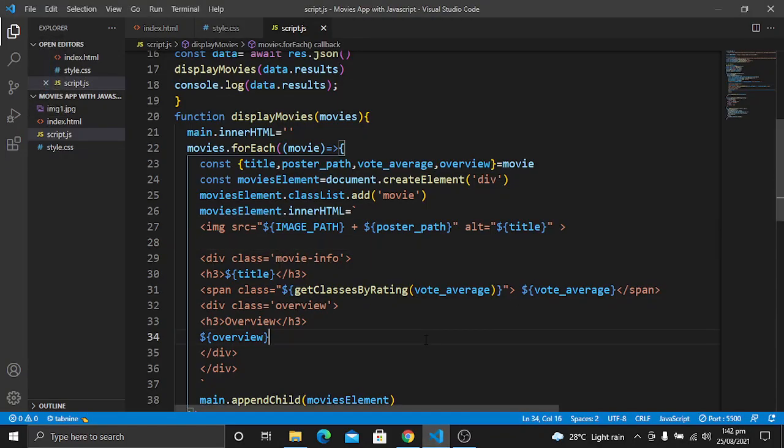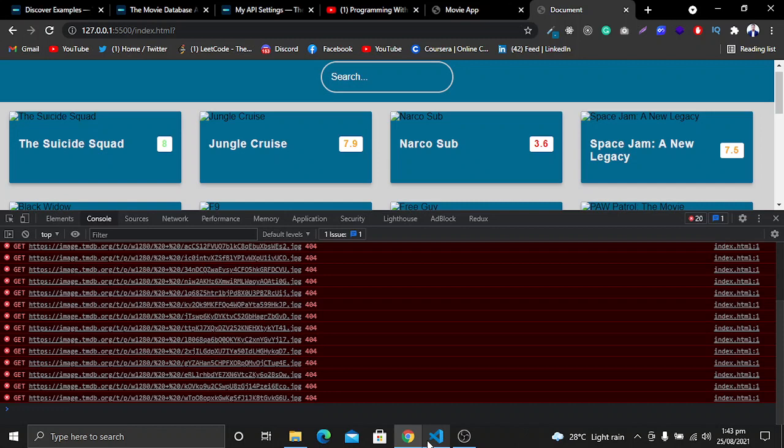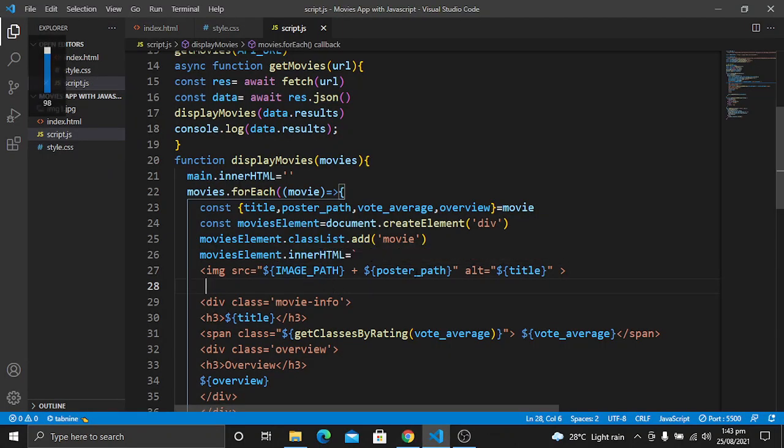So in our JavaScript file, let's see what's going on here. So this is the image. Here we are getting the image. So we are getting the poster path, and we are concatenating it. So let's see what's going on here. We have an image path and we're concatenating it. So the mistake is that we have to use single curly braces to concatenate it. We don't have to use the double ones. So we will use something like this, the image path plus the poster path to concatenate it. Let's save it, and now you will see the result here.